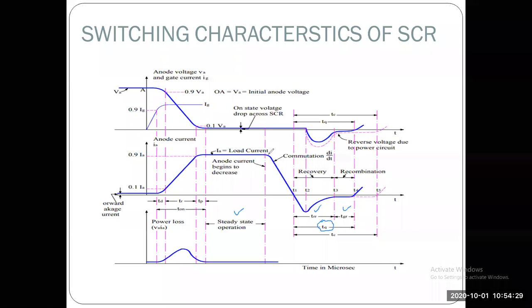First we are giving a supply, that is, by using a circuit we are turning off. So when you give a command to the circuit to turn off, at that instant the 100% anode current will gradually decrease with a rate of di/dt. You see, this is di/dt. di/dt is nothing but the rate of change of current.